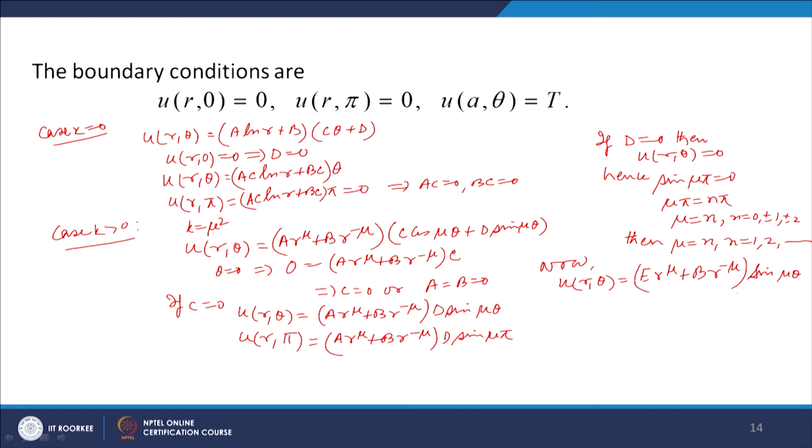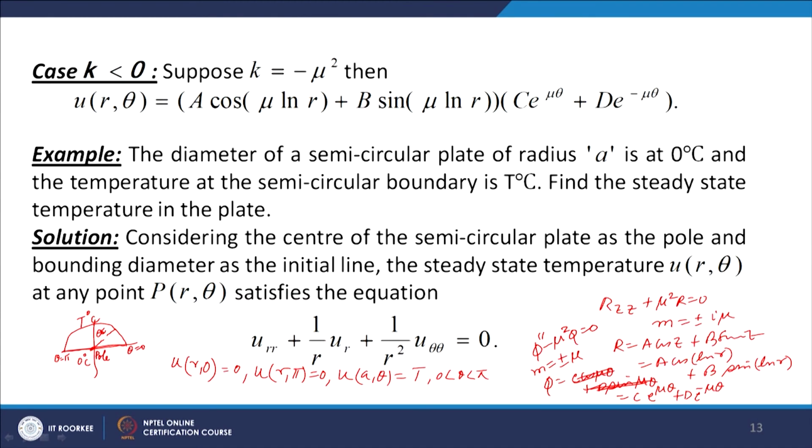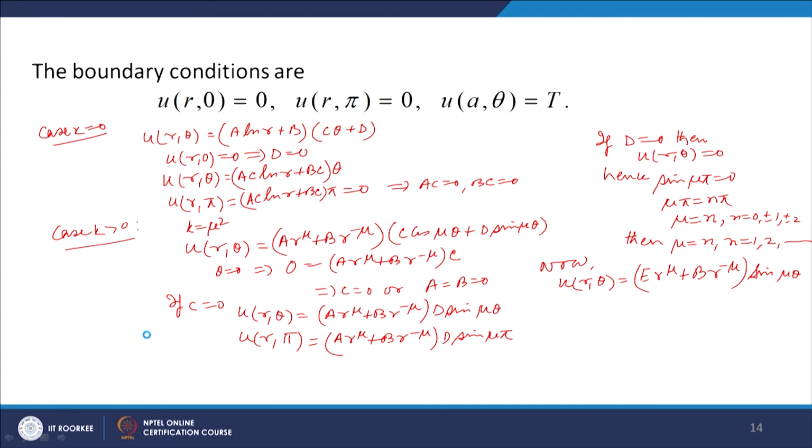Now, let us look at this when r is equal to 0. r is equal to 0 means the pole. The pole lies on the initial line. On the initial line, the temperature is 0. So, u is 0 when r is equal to 0. If r is equal to 0, this r to the power minus mu will make it infinite. So, for the temperature to remain finite at r equal to 0, we shall take b equal to 0. Since u is equal to 0 at r equal to 0, we take b equal to 0. And hence,